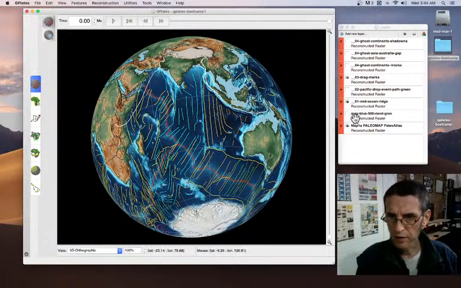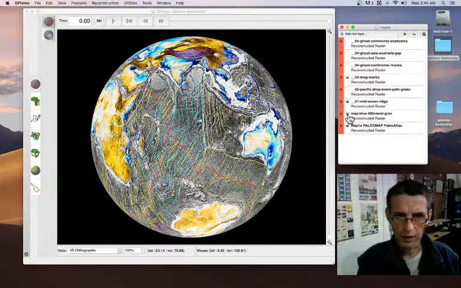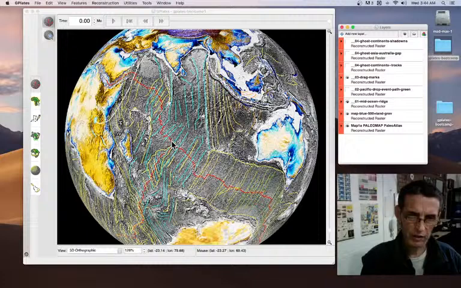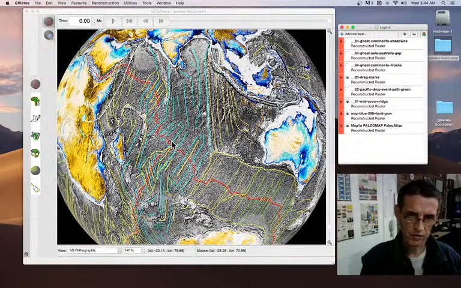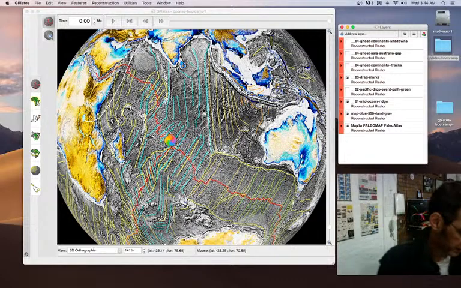It's a layer. Let's see it in the blue map. I like to see it in the blue map. Here we go, the blue map, because the ocean floor is black and white, and nice contrast. And you can see the drag marks pattern. Those are huge mountain ranges all over